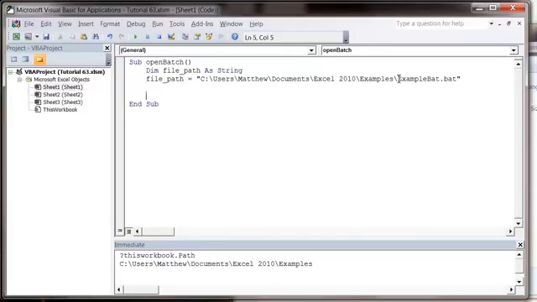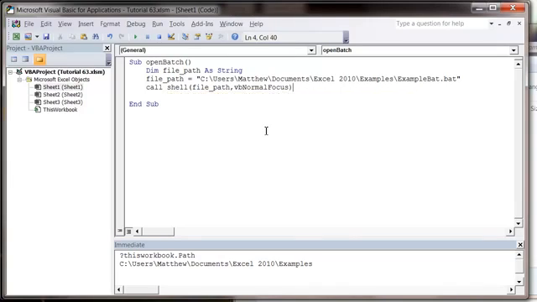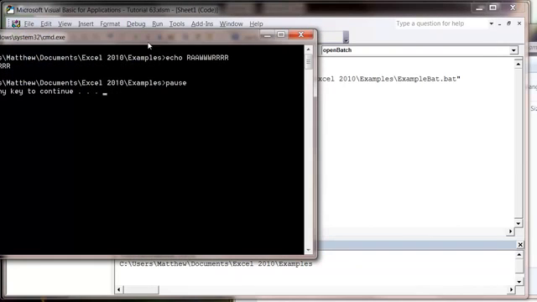I then need to call the shell function. So put Call Shell, and then open bracket, and it first of all takes the path name. So let's put file_path, and then the second parameter is how you want the window to be focused. So I'm going to have it as normal focus, and then close bracket. And then what we can do is if we run this, so press play, then it's going to open up